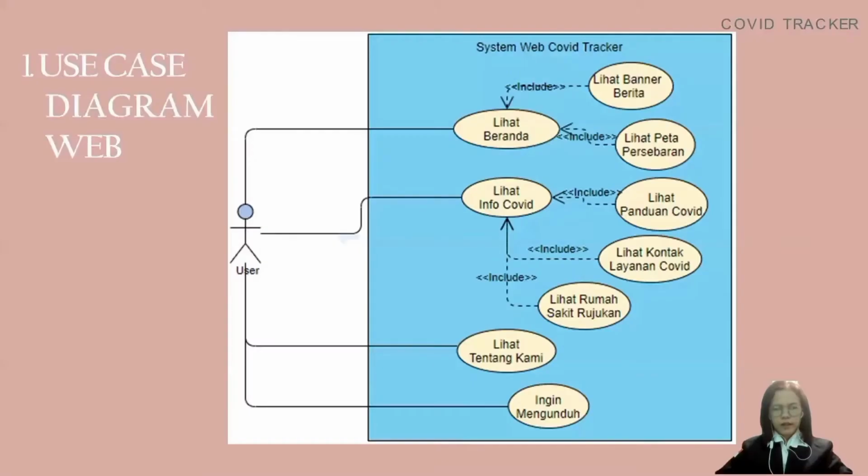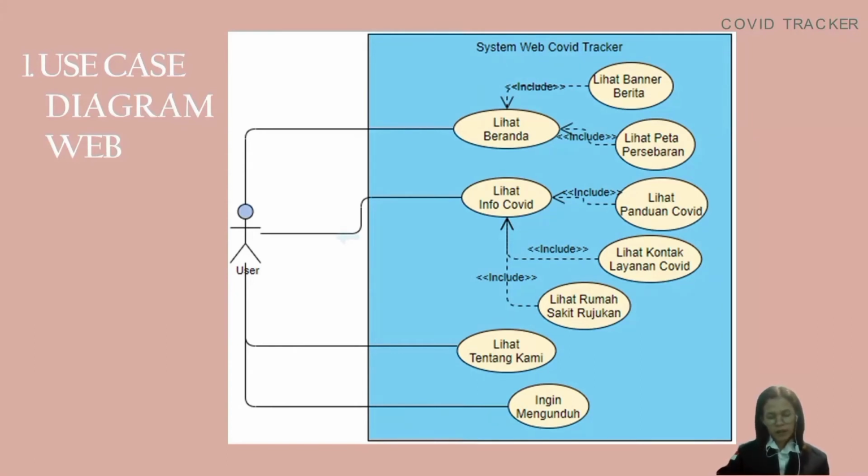The following is a use case diagram for the use of the web-based software. It can be seen that in this use case diagram, there is one user who acts as an actor. There are also 9 use cases which are marked with the bubble symbol as shown below. From this picture, we can see that this user has interaction with the system. We can see the interaction from the lines that connect the user with the use case through the web system itself. For example, the user wants to view the homepage or also wants to see the info page.